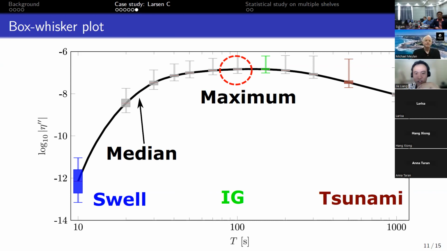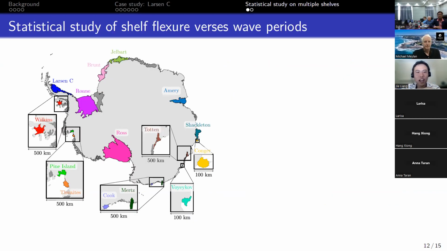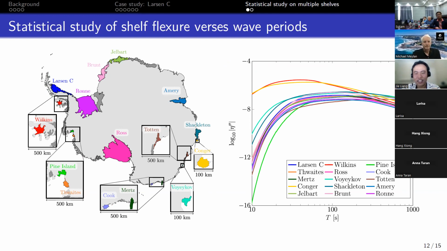Okay, so this is similar to what we have seen for the Ross ice shelf as well. So that's really good. And then I did this for different other ice shelves. These are the 2 I have studied, and I did it for another 13 ice shelves. What I want to point out is that Wilkins and Conger are the ones that have a really large